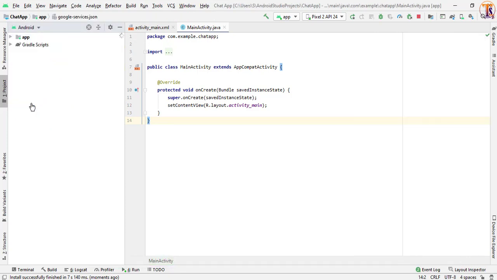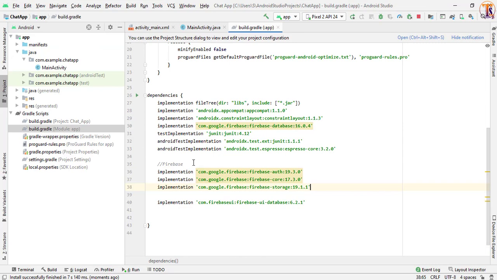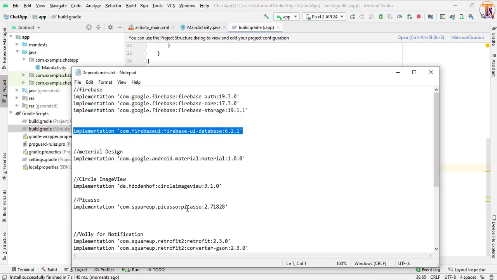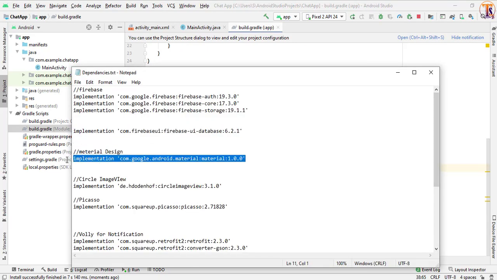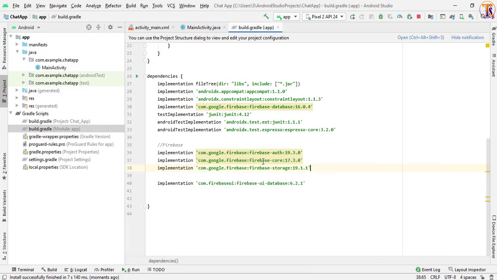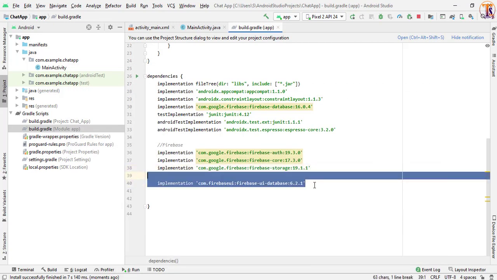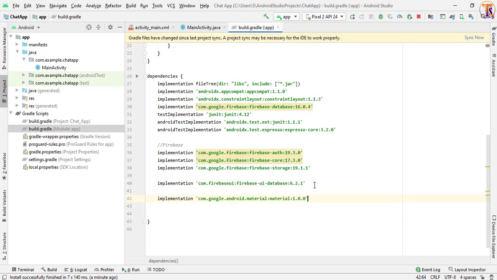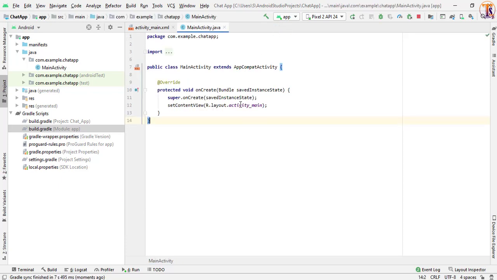So go back to our Android. Now finally we will add the dependency of material. So go to our text and copy the material dependency. You can copy this dependency from Google. Under this Firebase UI we will add the dependency of material. So now click on sync now, because we have to design a few screens, so that's why I'm using the material dependency. Okay, now our Android Studio is ready to code. So later if we need any other dependency we will add it.